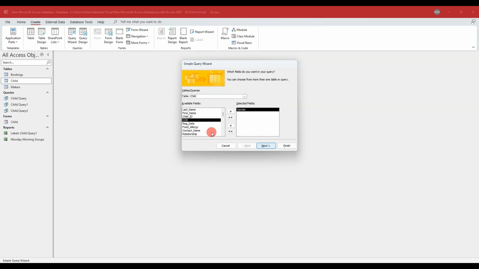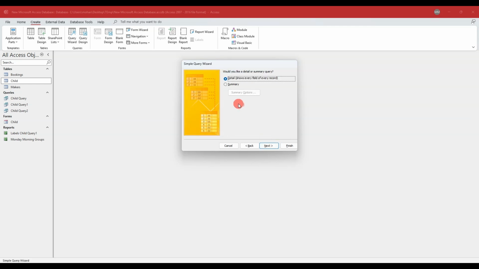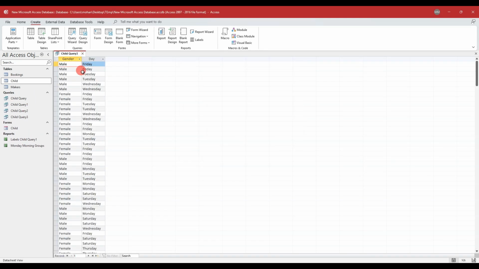Okay, so where is it? Gender here and the days. Okay, day. And I'll go next, and I'll go summary. You see, normally we go next and we leave it as detail. We go next, we finish it. So it will look like this if I just finish it as a normal query, where I have 800